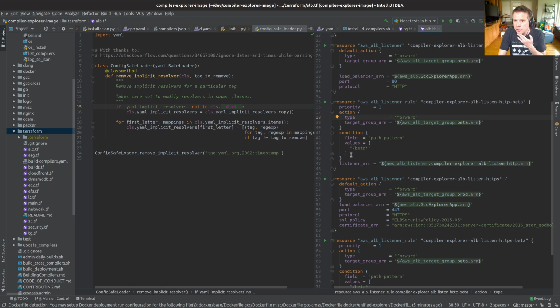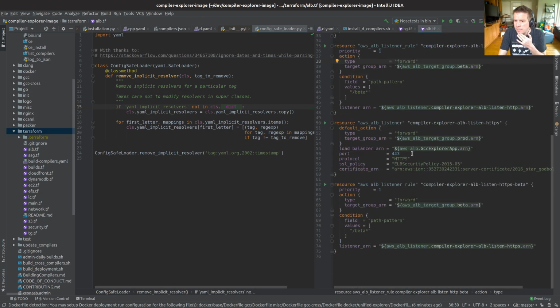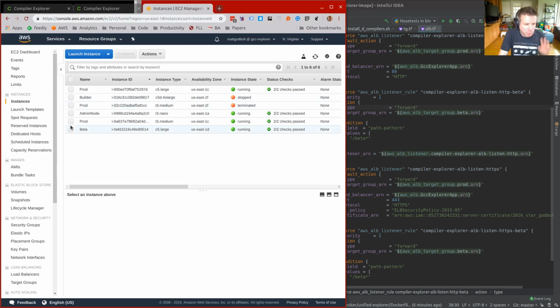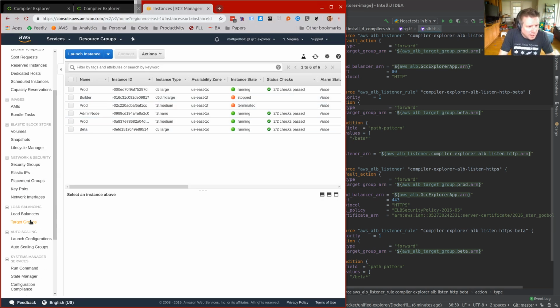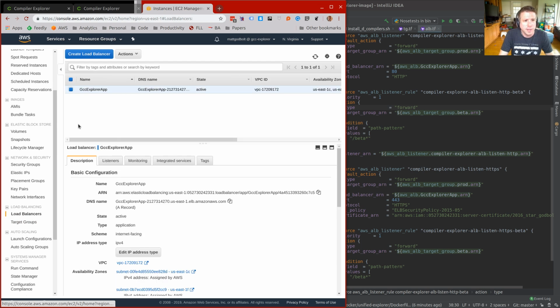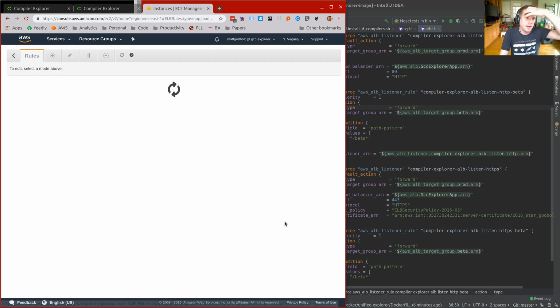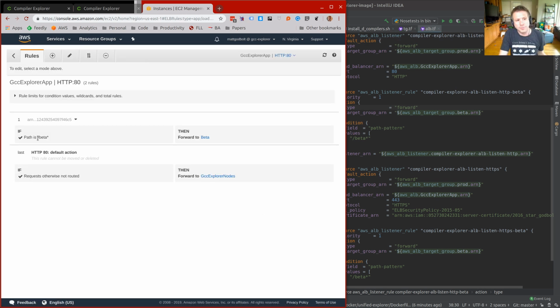Yeah, so this is the condition, and the hint here is it's inside the load balancer like I thought, and it's a listener. So I should be able to find it in the UI now. Not that we need to find it in the UI, but just for completeness. So load balancers, this is the ALB, listeners, these 2 things here, view edit rules. Okay, I didn't see that. Let's have a look. And yes, if path is /beta, then forward to beta.